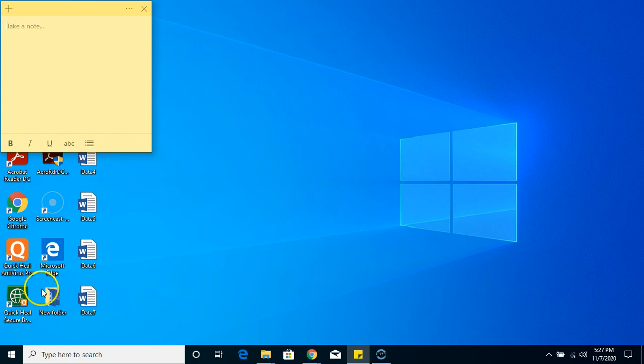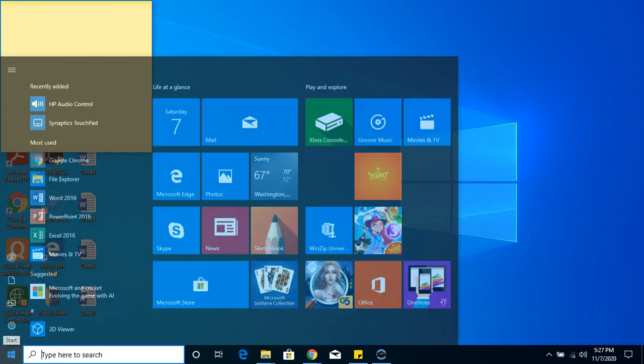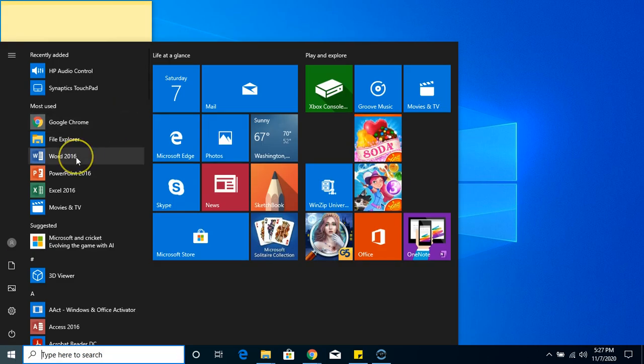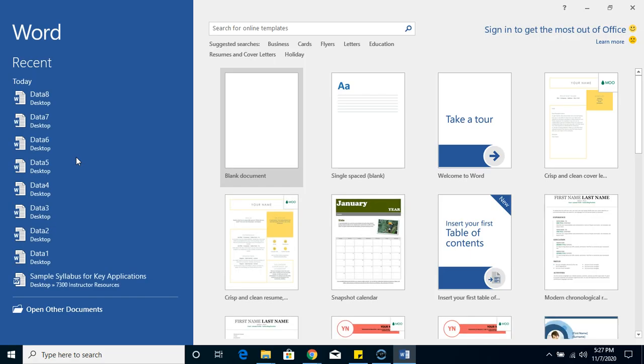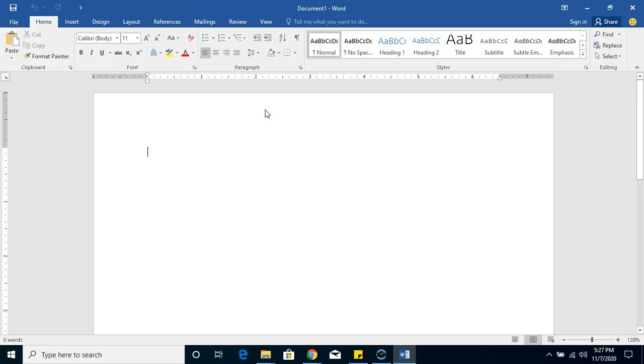And right now I'm going to launch the application again. Start, then I'll click my Word 2016. And I'm going to select a blank document. All right, here is my interface. And right now we're going to be considering some of the components of this interface,